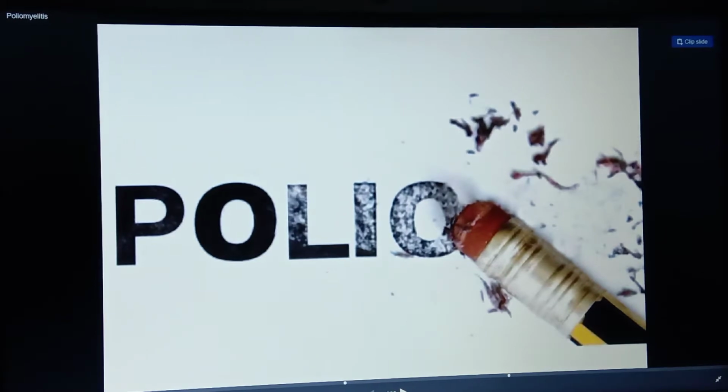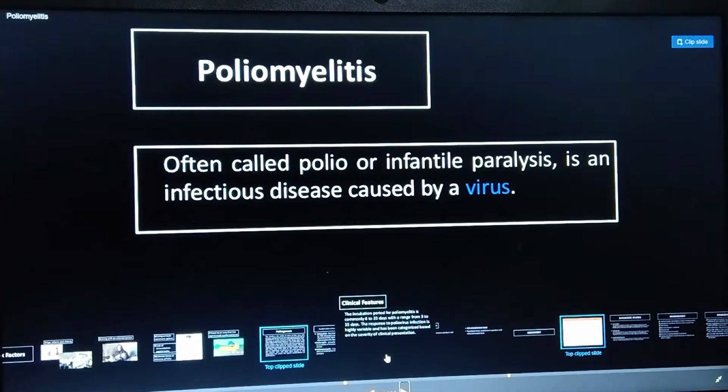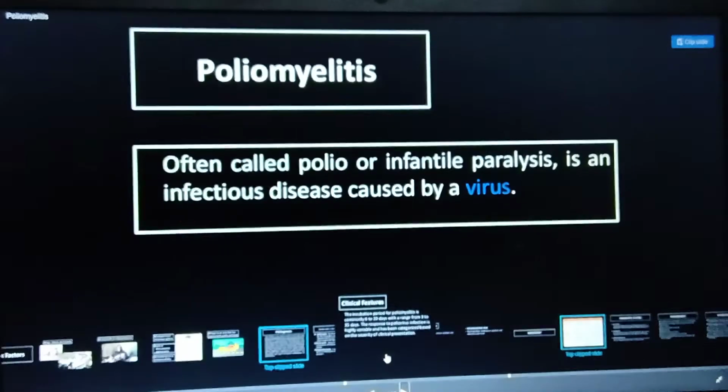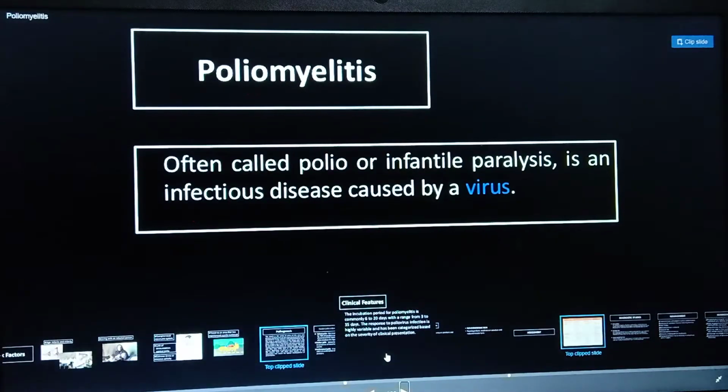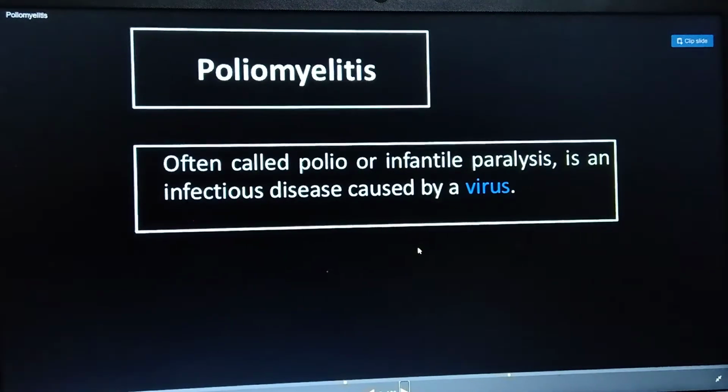Okay, so the poliomyelitis virus is also called the cause of polio. First we'll be dealing with what is meant by poliomyelitis. It is also called polio or infantile paralysis. It causes paralysis either to the legs or the hands or the overall body. When the virus enters into the body, the person automatically changes into infantile paralysis, which is caused by the virus.